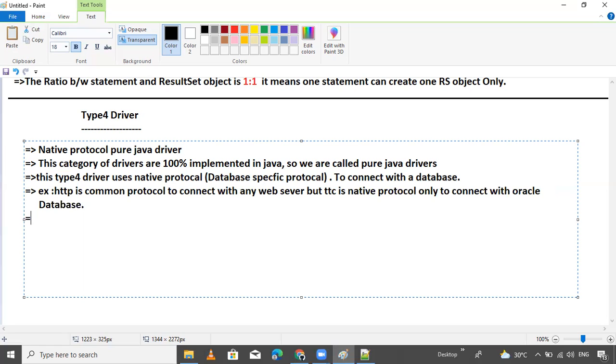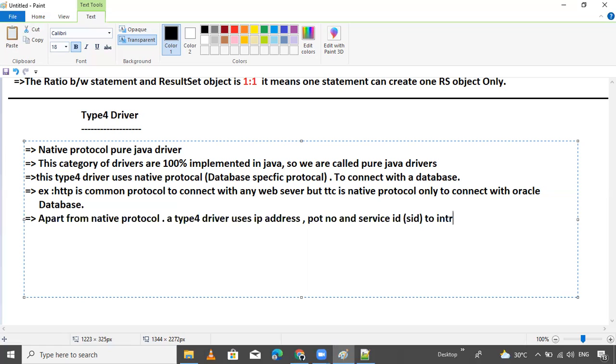So, apart from native protocol, a type 4 driver uses IP addresses, port number, and also service ID or SID to connect.